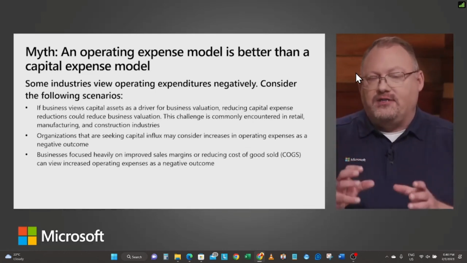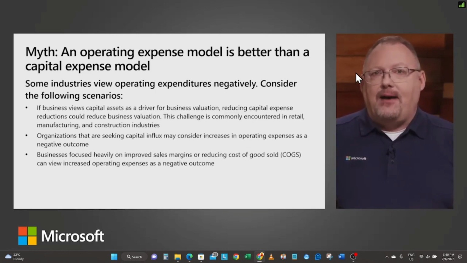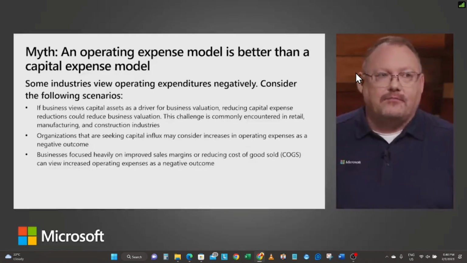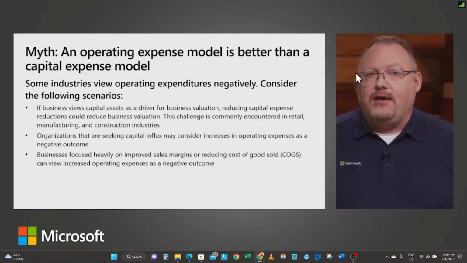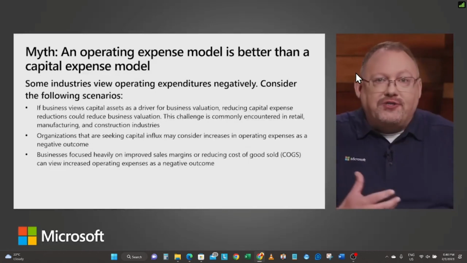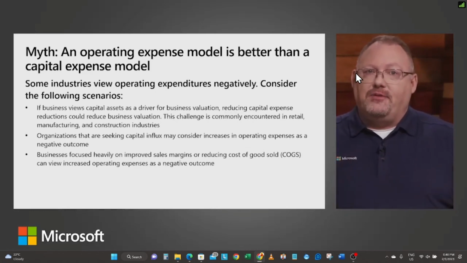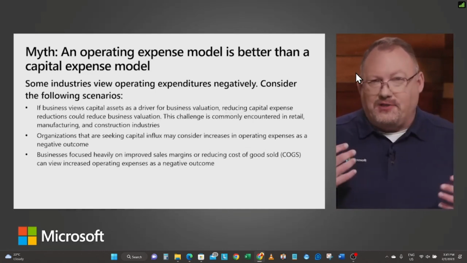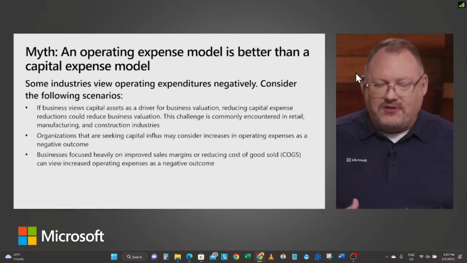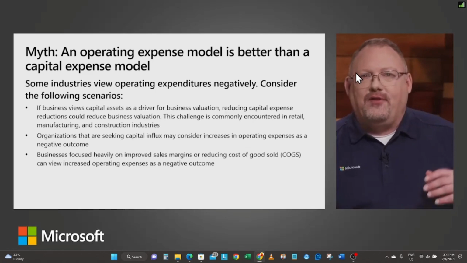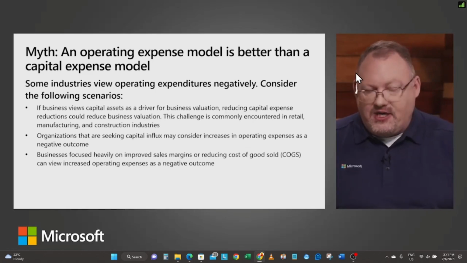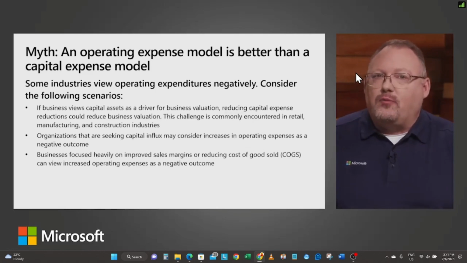And so when we look at organizations having a capital influx, they might have a lot of money, but that's what makes cloud attractive, especially if you're a young startup company. You don't have any capital expenditure, you're just starting. Cloud makes it efficient to move because you have operating expenses. So once again, companies that want higher sales margins, have a certain capital influx, or have a long tail on hardware might have reasons why capital expenditure is going to be better than operational expenditure. That's one really key myth.